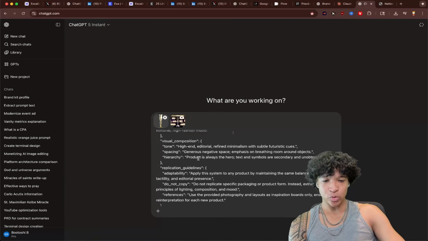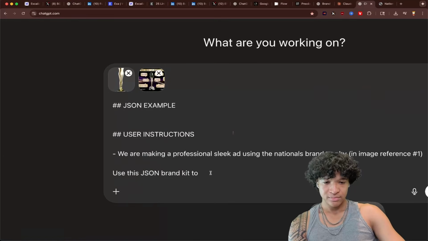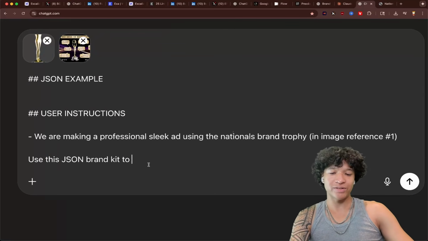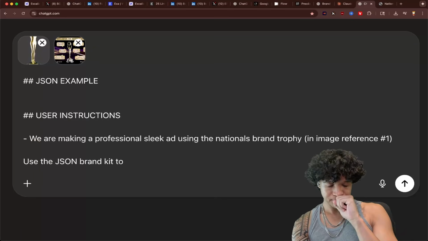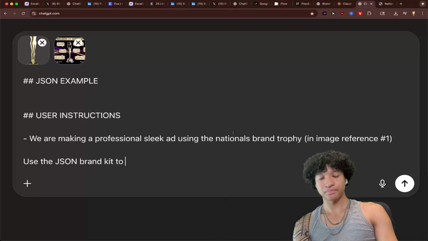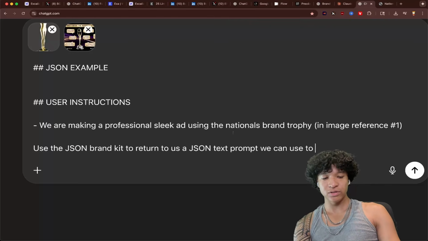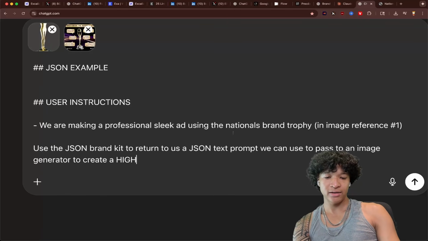Okay, so while we're getting the corrected JSON prompt, we're gonna continue. I'll just leave that blank for now. We are making a professional sleek ad using the Nationals brand trophy in image reference number 1. Use the JSON brand kits to return to us a JSON text prompt we can use to pass to an image generator to create a high